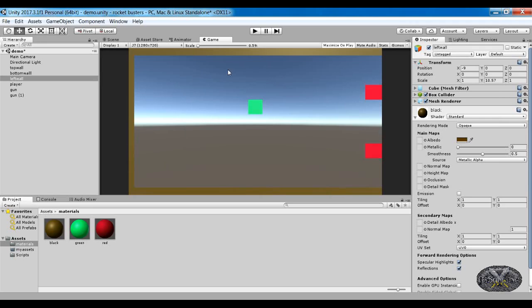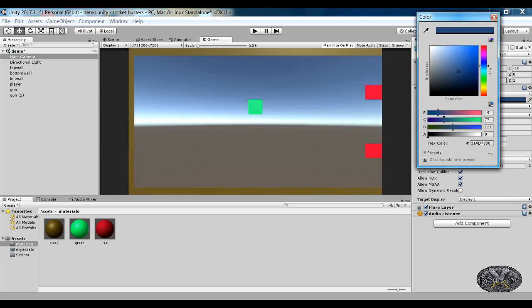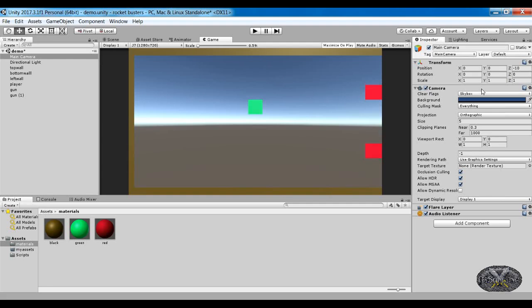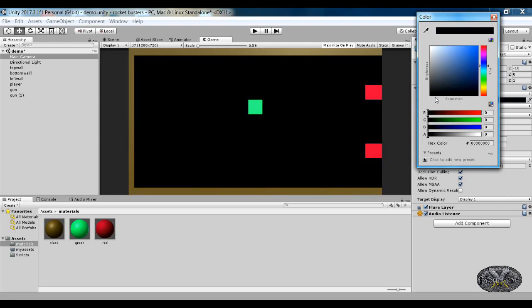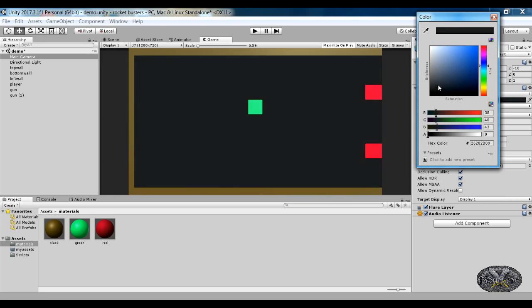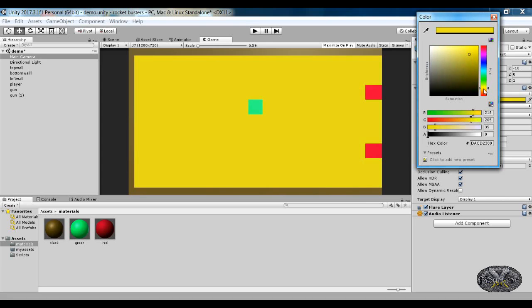This looks great, but now the background color is kind of not looking much great, does it? So to change that we can do two things. We can set our camera's background to change it from skybox to a color, let's say a solid color, and we can make it black, but that looks like too old and ancient deprecated old age games. So let's make the color a bit lighter, like something that looks good and that really